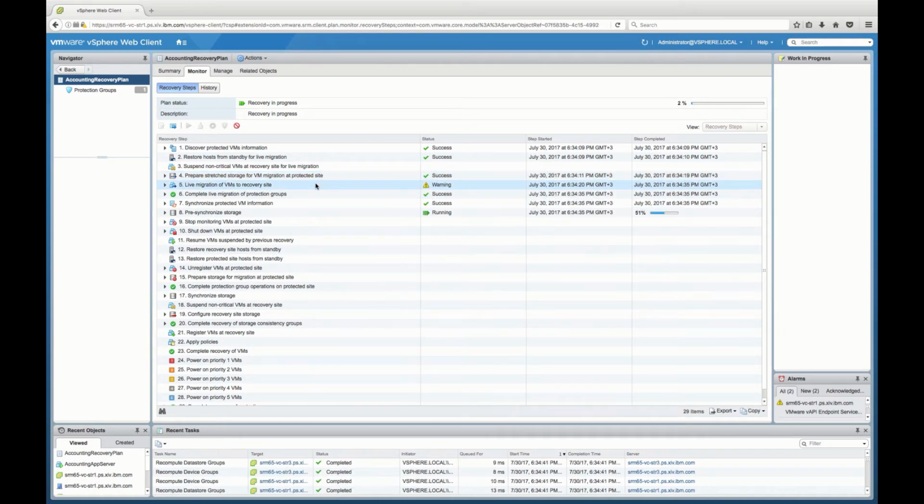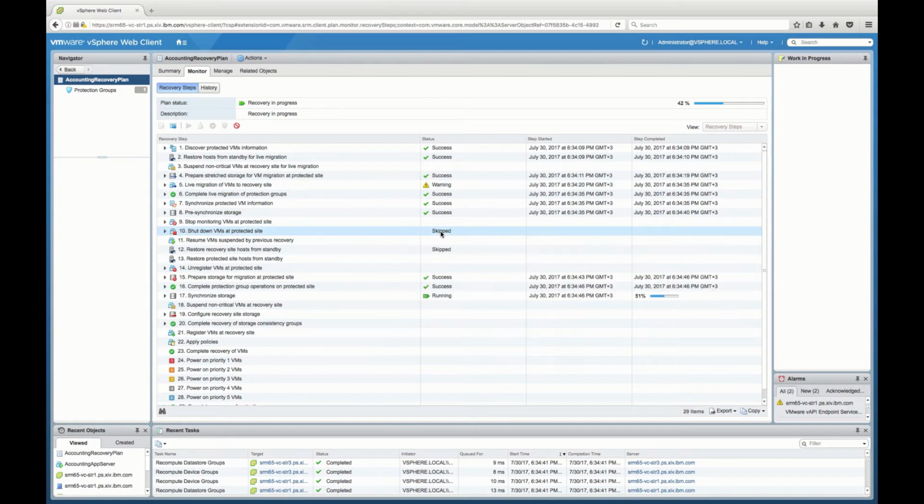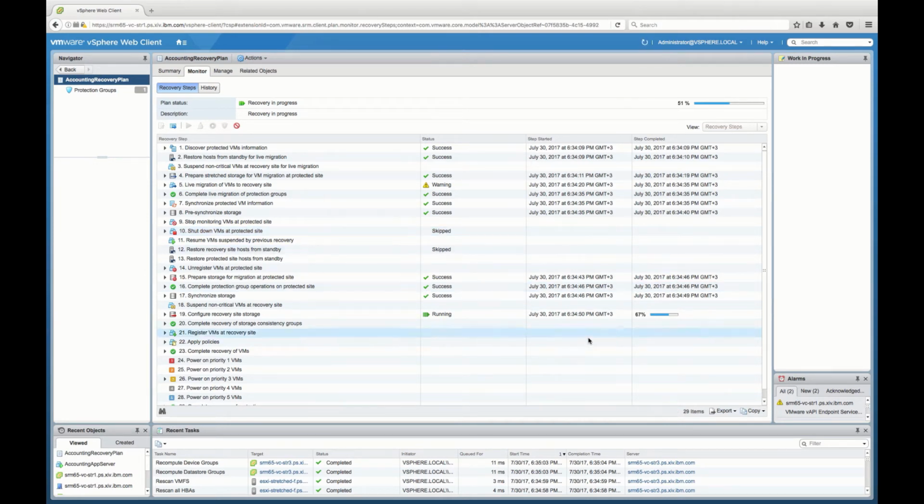As you can see, we're doing a live migration of those virtual machines now to the other side. And as you see, we're going to do that live migration with the synchronization. We don't need to shut down the VMs at the other side. That's why we've skipped it. And now it's automatically communicating with the A9000 to make sure that the volume is in lockstep for that data store. And as you can see, it's just completed that, as well as finishing the recovery of the consistency groups